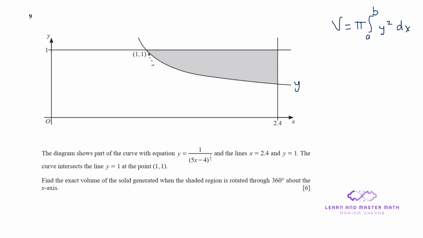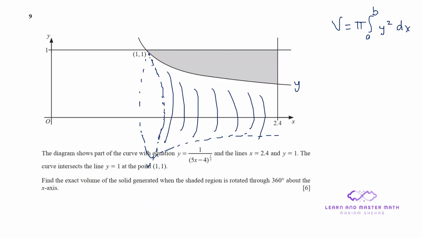Imagine with me, this is rotating around the x-axis, and this will be the volume of this shape in here. I know this is not 100% accurate, but this is the volume you will get